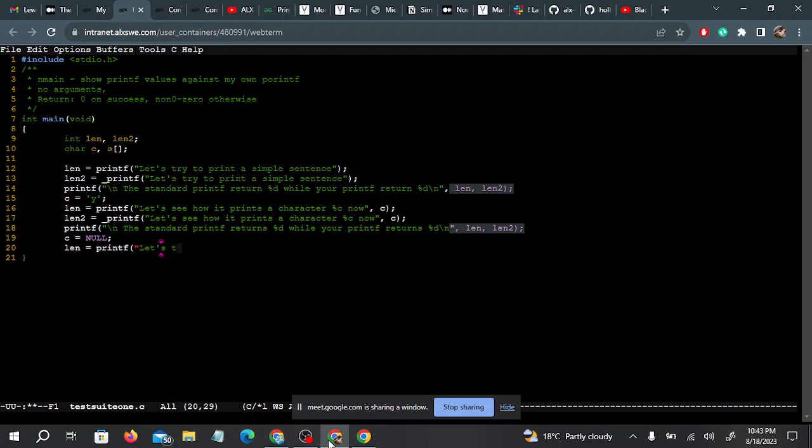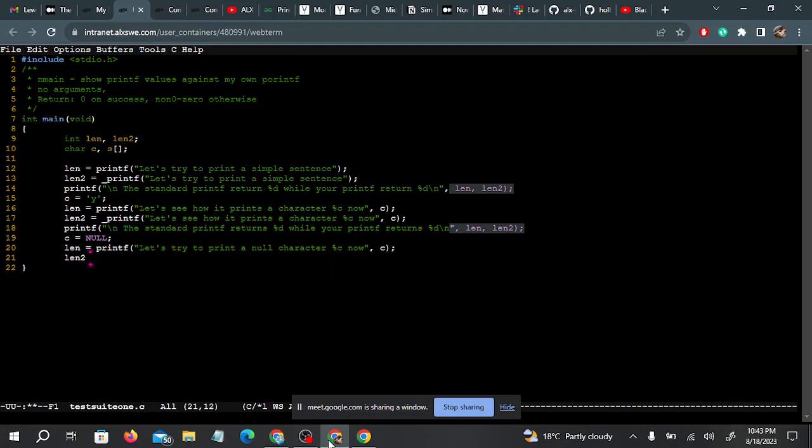Let's try to print a null character. So you do realize that the input might change. Yes. So let's try to print a null character and see. Then you'll see what printf actually prints, and then you'll compare it with yours. So as I've done right there, then